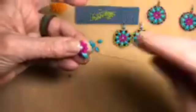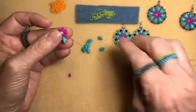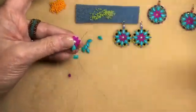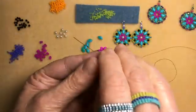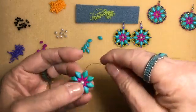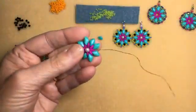String 1 Gemduo. Sew through the next Miniduo. I love Gemduos. They just fit so nicely in everything. And you're going to do this all the way around. Make sure that they don't get caught on other beads and they sit nice like this until you get this. So here you have your Miniduos with the pearl already in, the tail thread woven in, and all your